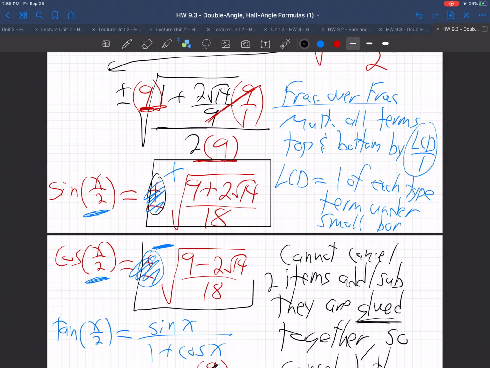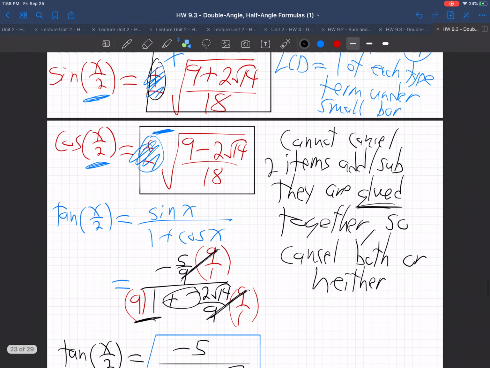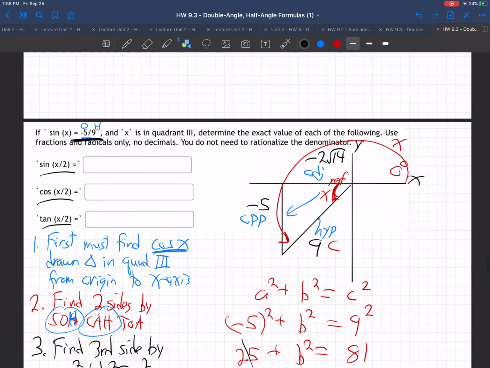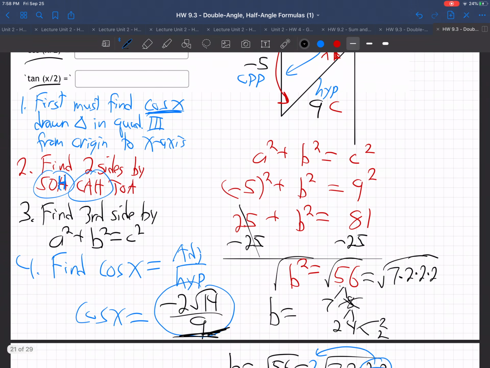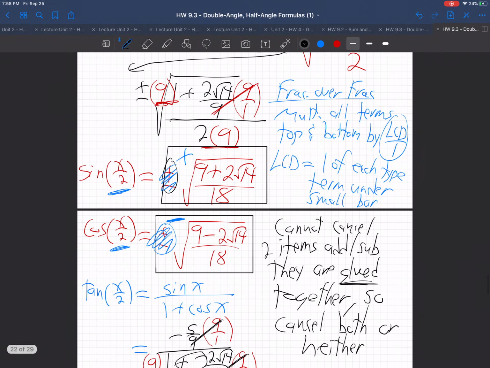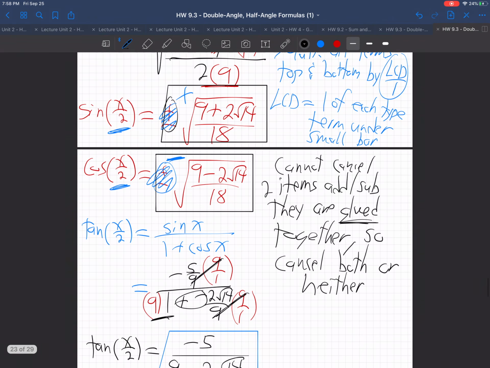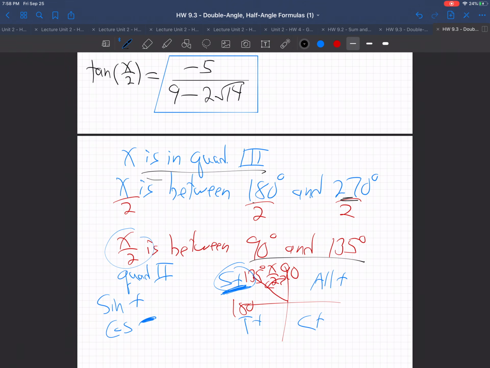There's the sine. There's the cosine of x over 2, and we've already got the tangent of x over 2. Write signs, write everything. Okay, so how did we do that? We had to basically draw the triangle in the third quadrant where they told us to, and do all the work with the SOHCAHTOA and the Pythagorean to find the cosine. Once we got cosine, we grabbed it and plugged it into the half-angle formulas for sine, cosine, and tangent, did a bunch of simplification, and then we determined the right sign by remembering what they said about x is in quadrant 3, which is between 180 and 270, divided through by 2. Found out x over 2 is between 90 and 135, second quadrant, so sine is positive, cosine is